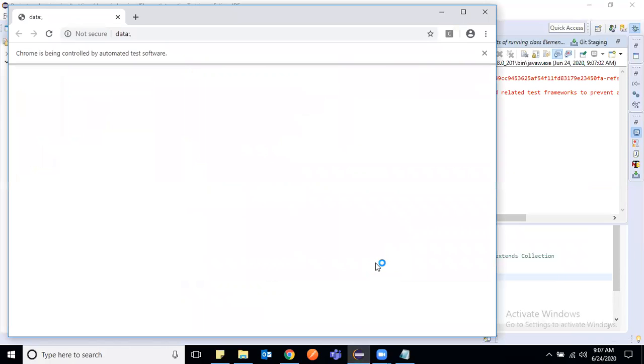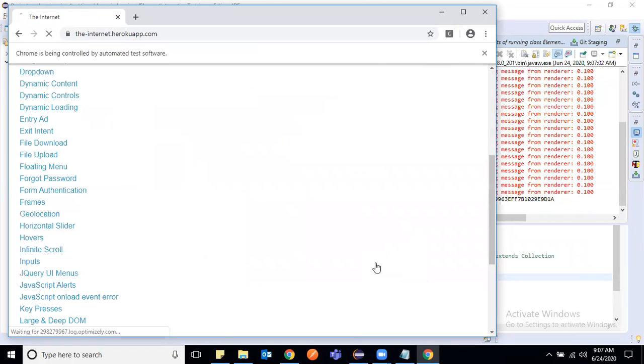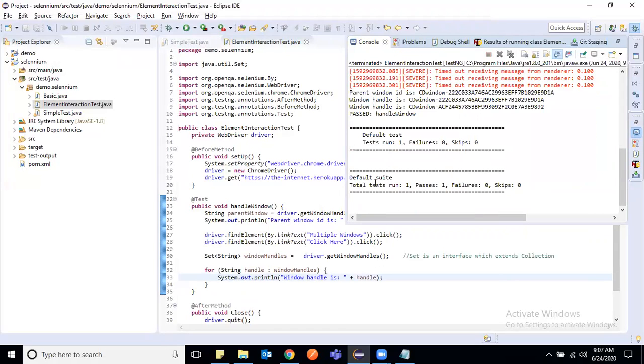It will open multiple windows this time, then click here to open a new window, and this will close. Now see what it prints. This is printed before the for loop, by this one, and inside the for loop it will again print all the windows present.